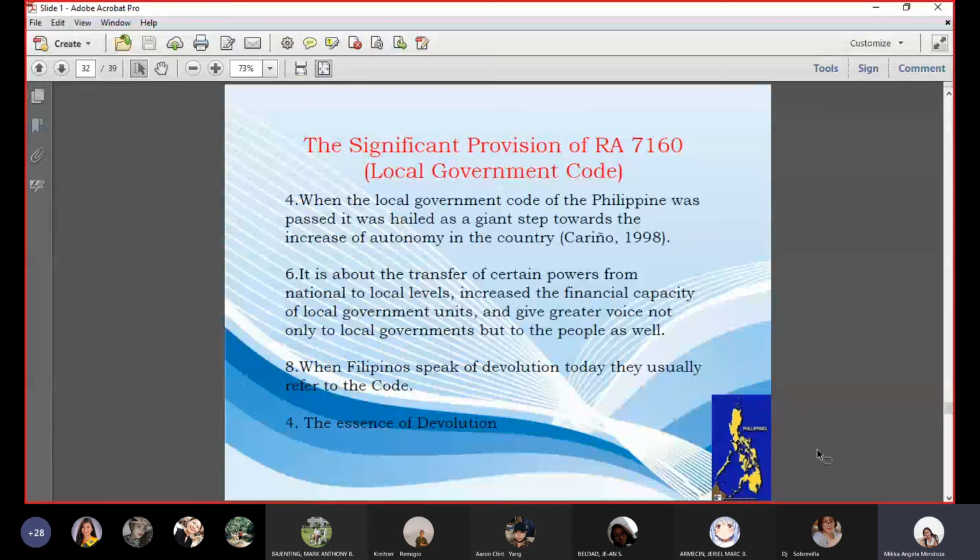Increase of autonomy in the country, as per Carino, 1998. It also says here that it is about the transfer of certain powers from national to local levels, increasing the financial capacity of local government units, and giving greater voice not only to local governments but to the people as well. Why is that? Because it is not possible for our programs here in the city to be implemented by the national government. The national government has no idea about the needs and wants of the people in each city or province. That's why it was a good idea that the Local Government Code was implemented, because the local government can hear out